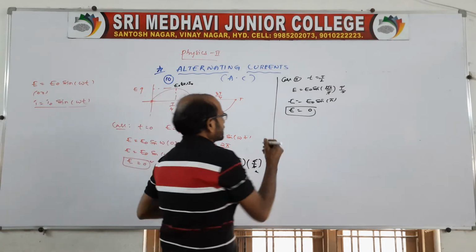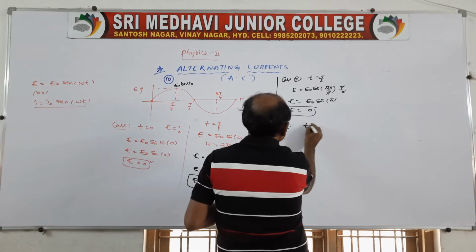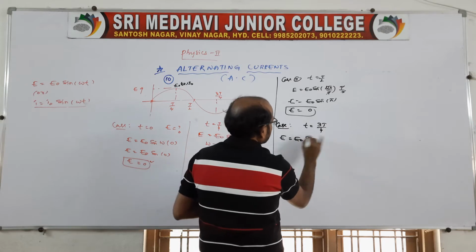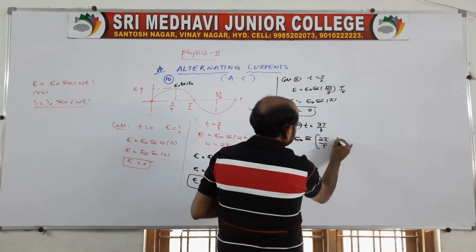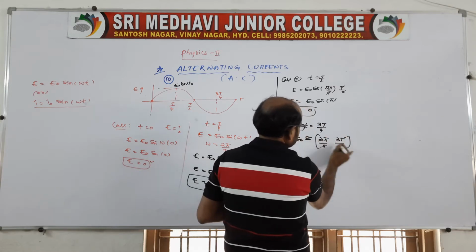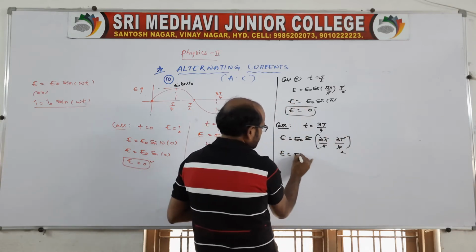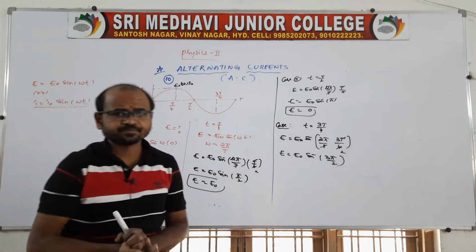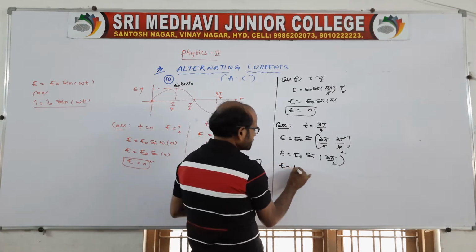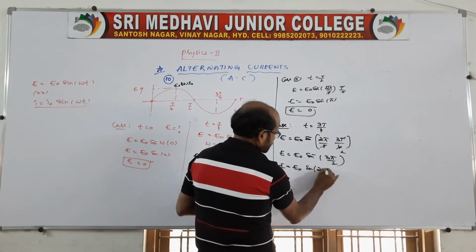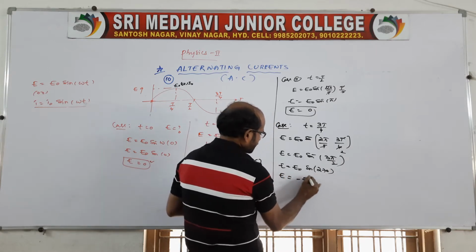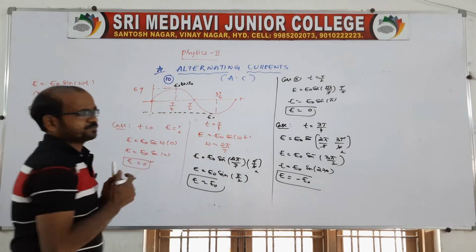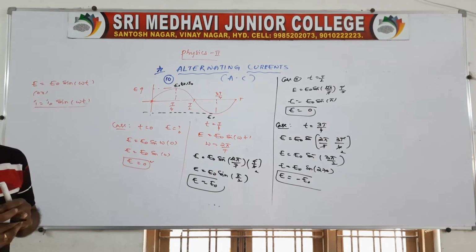So here you go for the next case, that is t is equal to 3T by 4. So E is equal to E naught sin 2 pi by capital T into 3T by 4. So T cancels, 2 ones, 2 twos. So E is equal to E naught sin 3 pi by 2. Of course 3 pi by 2 is nothing but 270. So the 270 value will be minus 1. Then E is equal to minus E naught. Of course, look at this, it is represented as minus E naught, right? We say it is a minus value. Clear? Till here okay?